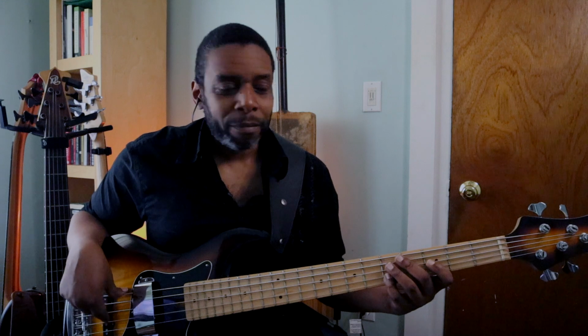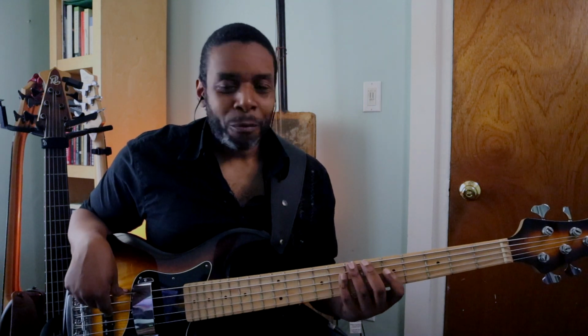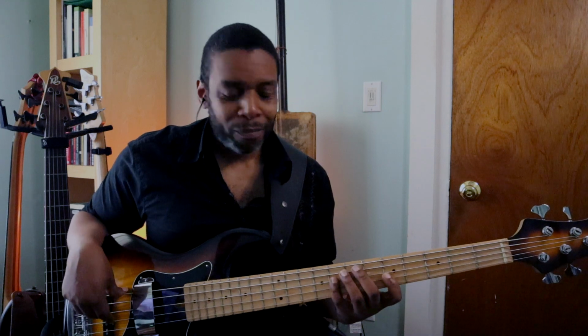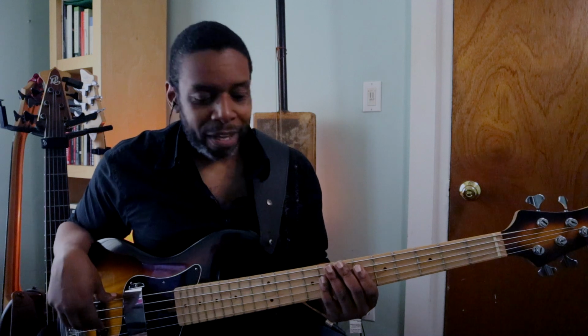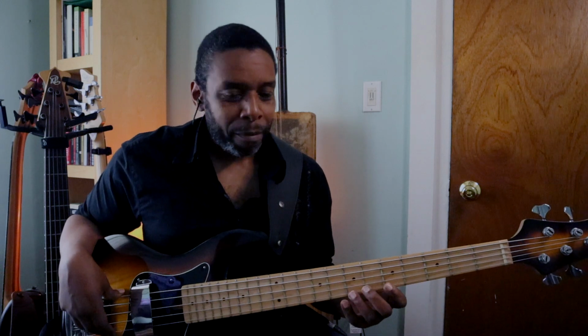Now check this out. I also want to know where my bass line is going to be in those different positions. So here I'm playing that line on the B flat major pentatonic scale. So if I play a fill in that area,